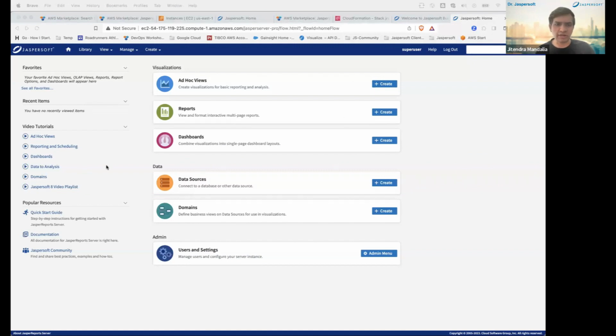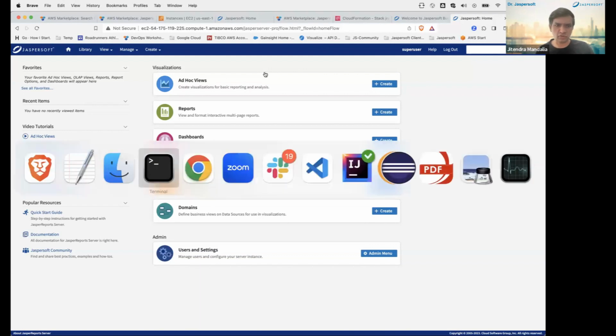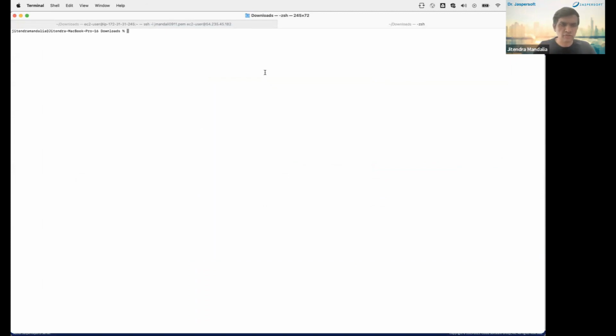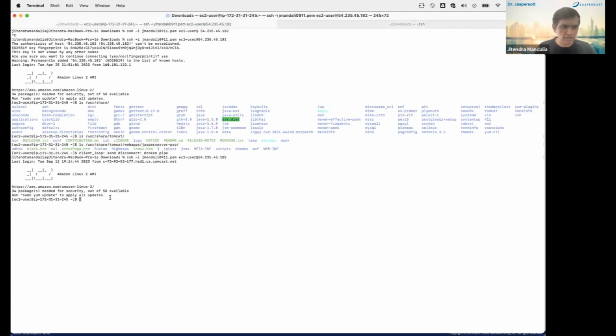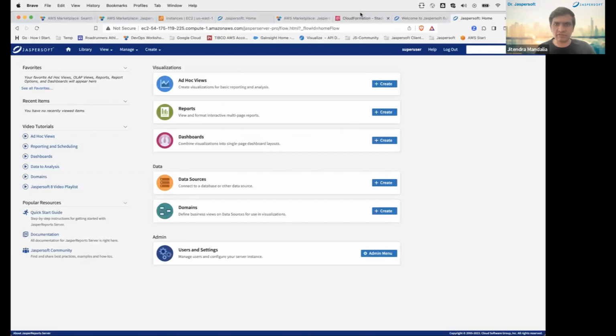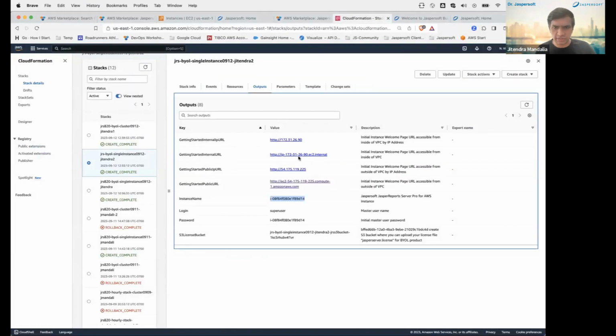It depends on how we are launching. So if it is an AMI, if it is hourly, we don't need to. But for bring your own license, we always copy it to the folder where the Jasper report server is installed. And how do we connect to that? As we were checking here, we will connect to our server. Let me see if it is the right IP. So yes, we are connected right now